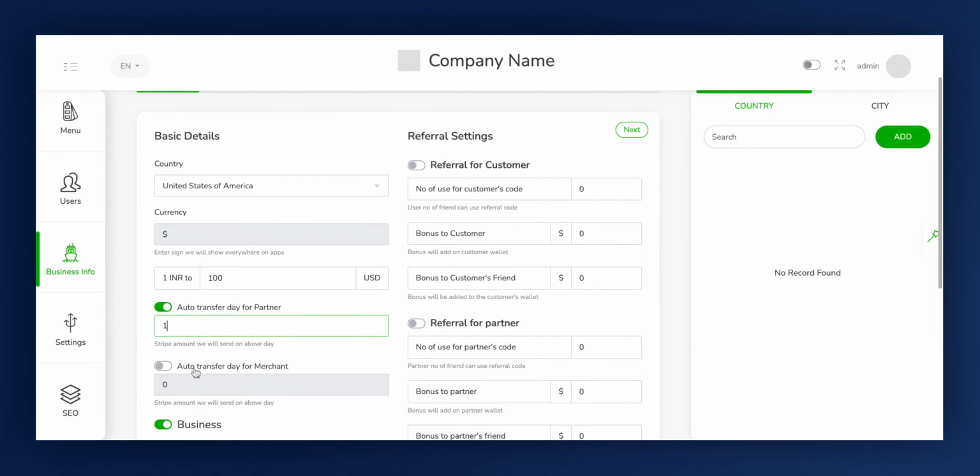single day. The process is similar for setting the auto transfer day for merchants, enabling them to receive their earnings promptly. Our administrators have the capability to distribute profits either manually or automatically. Upon depositing the amount into the Stripe account, if the toggle is active, the administrators can specify the auto transfer day. By doing so, we can ensure that the merchant's profits are promptly updated in their Stripe account within a